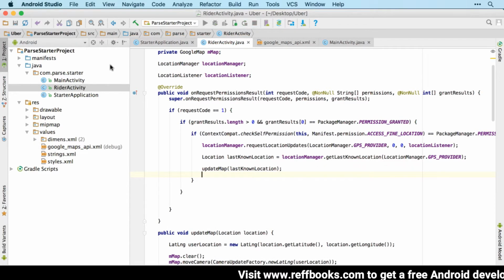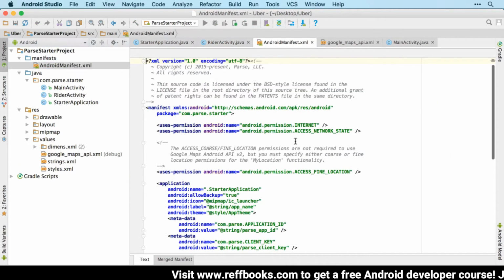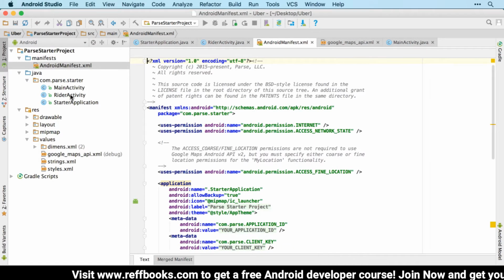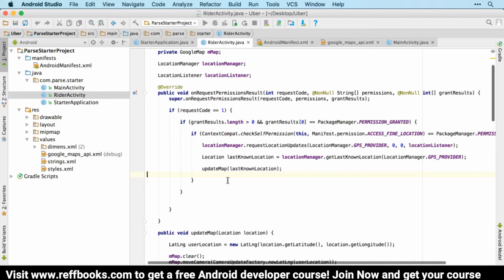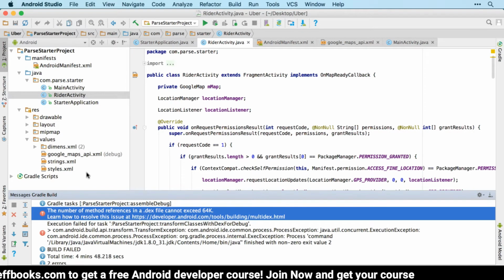It's worth having a quick check in the manifest to make sure we're asking for access fine location. Yes, we are. That is normally added by default when you add a Google Maps activity, but it's worth checking to be sure. And I've got an interesting error here,